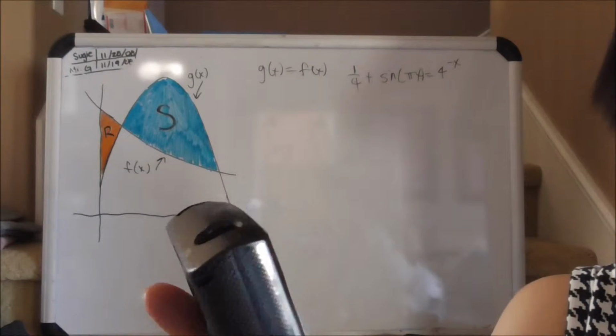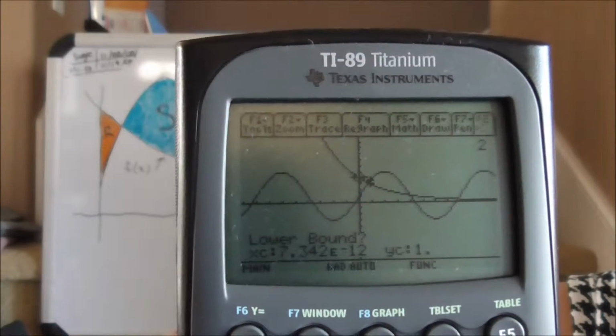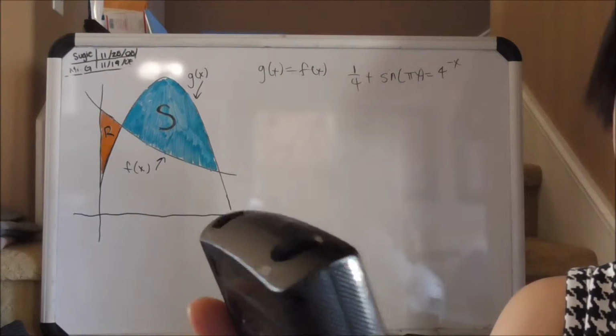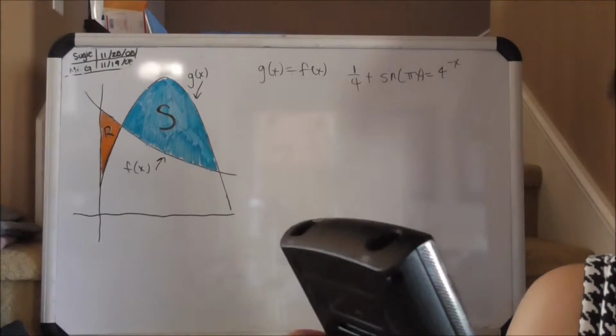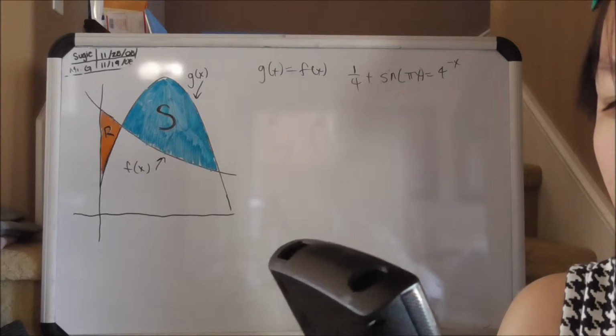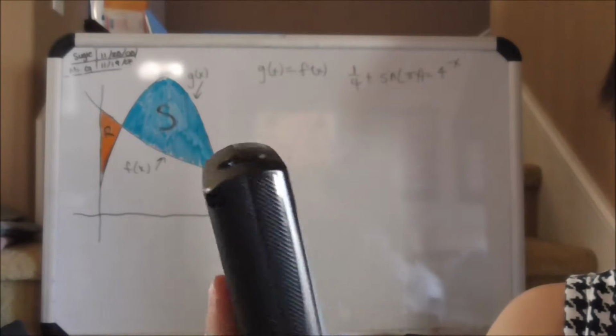Then you find the lower bound, or the area to the left of the point of intersection you are looking for. Then you're going to look for the upper bound. The upper bound is to the right of the point of intersection. Let the calculator do its magic, and you find that the point of intersection